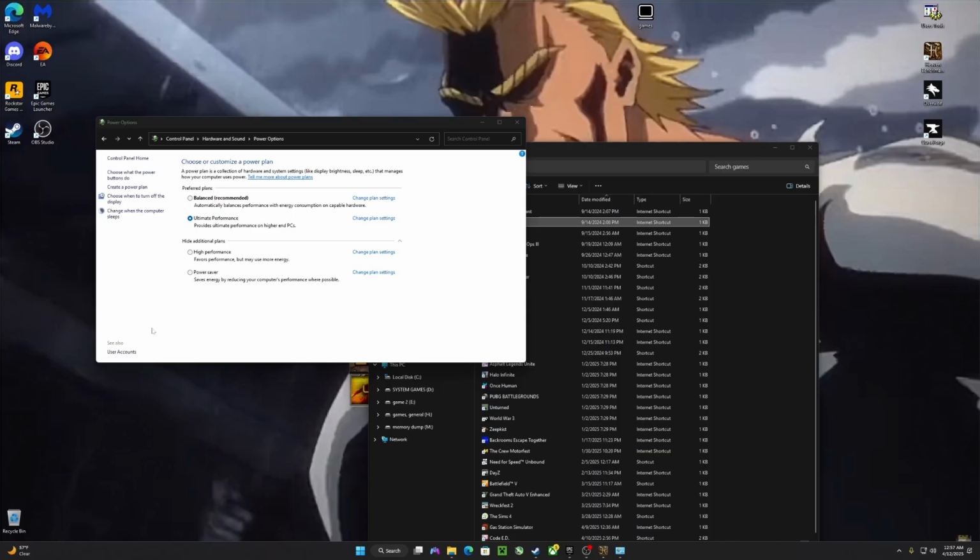This is how you properly increase frame rate. No BS, no files downloaded. Do it on your own terms, do it how you want. If you don't like it, you can go back and turn it off. No registry edits, none of that. You do not have to worry about breaking your system doing it this way. At least this way you're less likely to break something, and you can go back, hit no, turn it off and put it back on